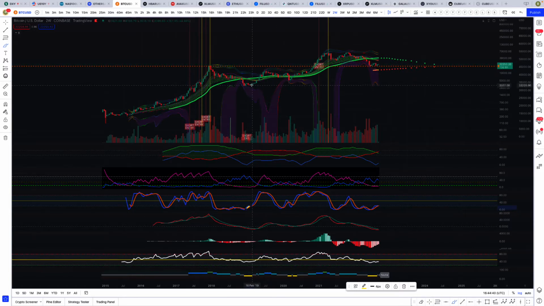So we hit our second bottom right there, and then right here we hit our second bottom, and we're going sideways in the stock RSI. We're going to see a nice uptick here the next couple months, and that's going to contribute to a nice run out of Bitcoin. Something like this, I do foresee by the end of the year getting up to the 40s, the 50s maybe. And then altcoins are going to go on a massive run during that time. That's what I'm expecting. So that's what the charts are shaping up to show us right now.